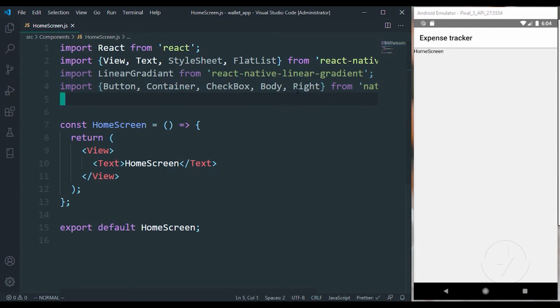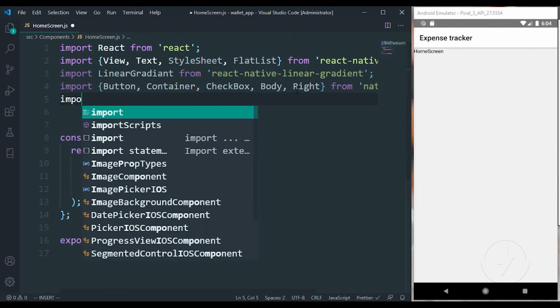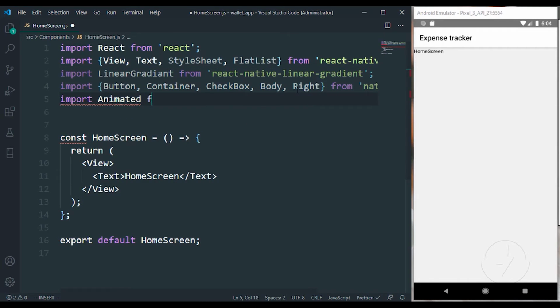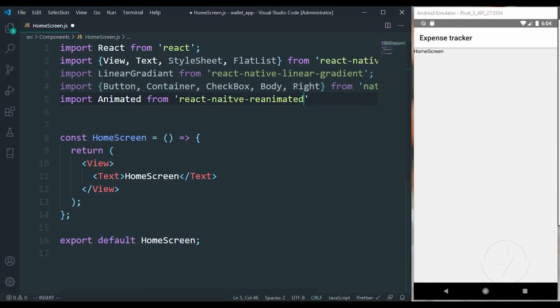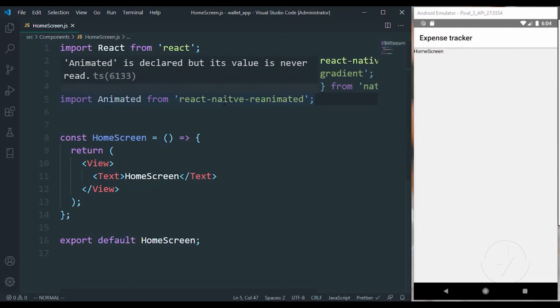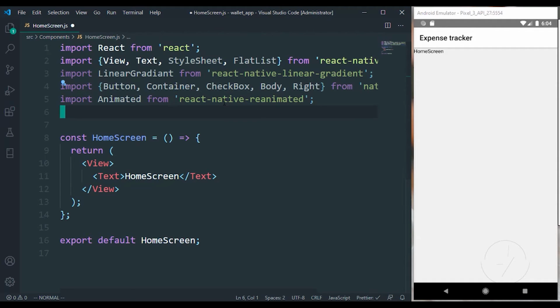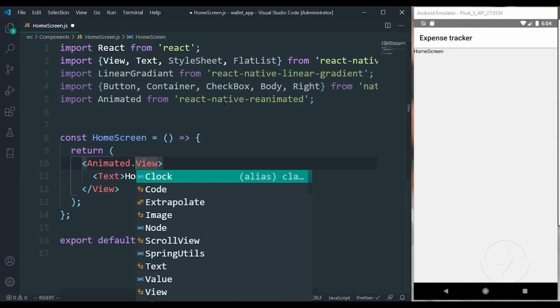So right now we have to import Animated from react-native-reanimated. Oh, we didn't install that actually, but we are still going to install that as well. So I'm just going to wrap this with Animated.View.